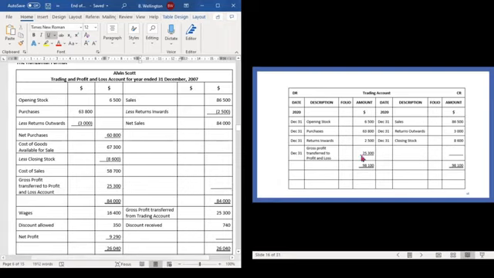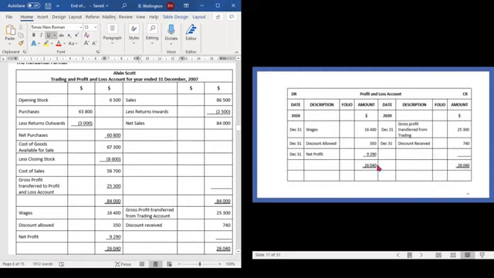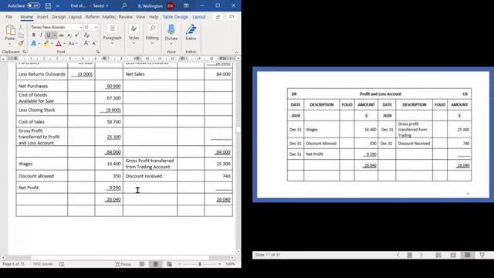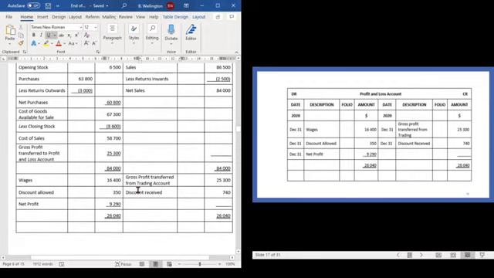However, in the style that we showed in the demonstration we did before with the double entry, we were not able to see those important items. All right, let's move on. That's a trading account, that's a profit and loss account, and again we're seeing the same net profit. Okay, now that was the